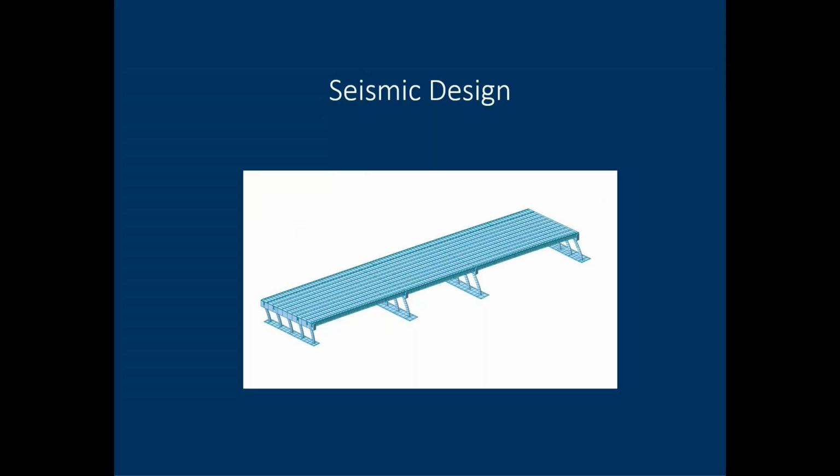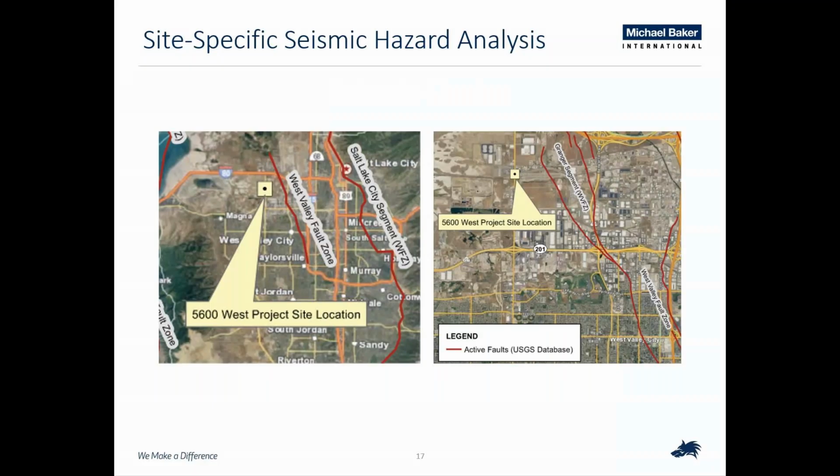Now, I'll go into some of the seismic design considerations and the seismic design for the bridge. It was unique with having these abutment or bent style abutments. But due to the proximity of the bridge to this West Valley fault zone, which is shown on the left, and also more specifically the Granger segment shown on the right, it was determined that a site-specific hazard analysis should be